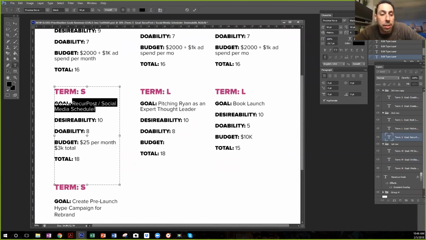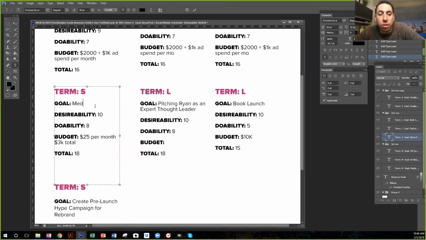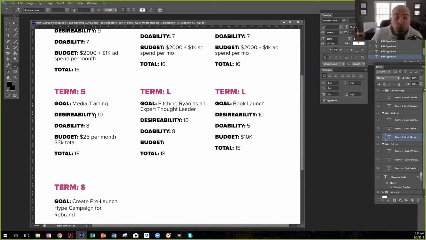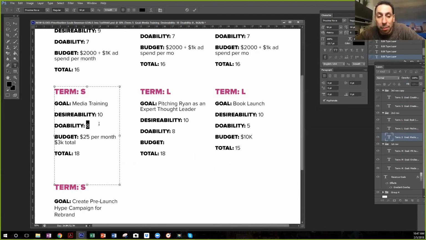But the short term is media training, the actual training. If I just go in my CRM, I don't have to do anything special. I have to follow up on stuff. Desirability to do that, 10, I do stuff every day. Doability, 10, I'm already doing it. What's the budget?